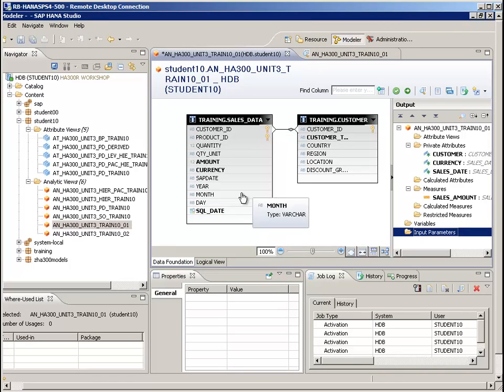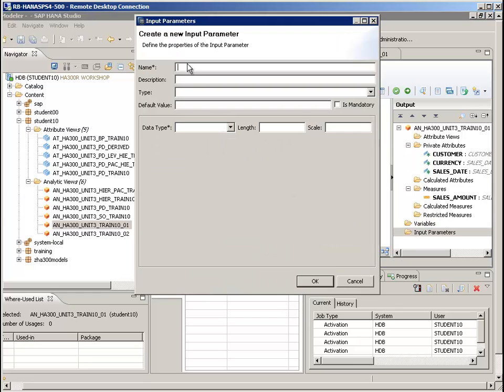So now I'm going to create an input parameter. I'll right click on the folder input parameters, create a new input parameter, and I'll call this one var email date. For the description, I'll say the date email was sent out,